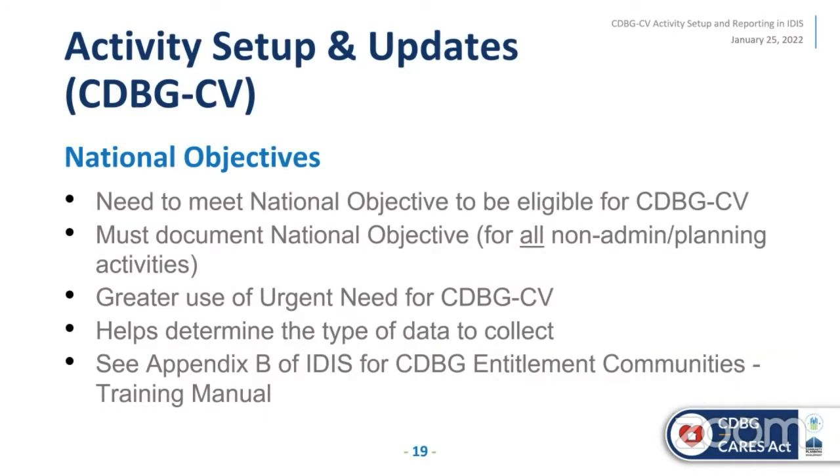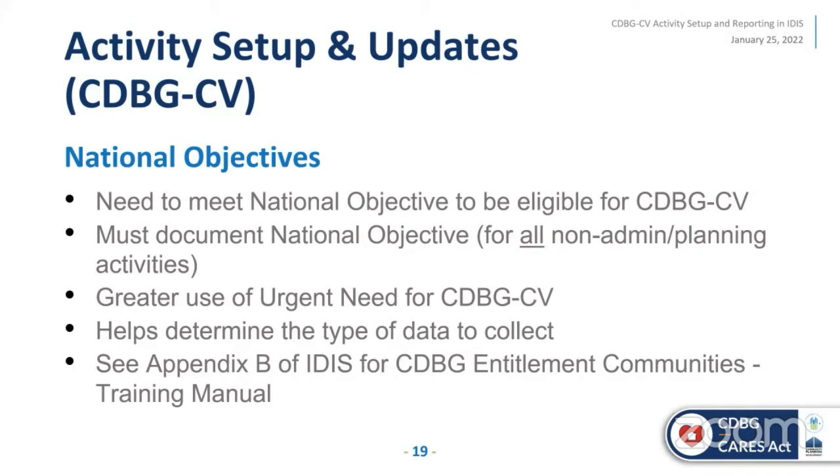So when you're setting up an activity, there's the matrix code that you'll select, as well as the national objectives. And the national objectives are what you're selecting, of course, to make sure that everything is CDBG eligible, which of course CDBG-CV still has to be. And for everything that's not admin and planning, you have to have this documented, right? And this is the part that HUD really cares about, to make sure that on your very first step, when you're setting up your